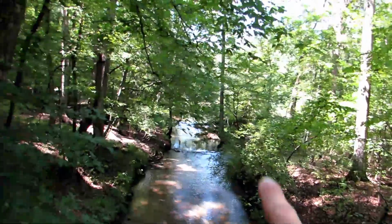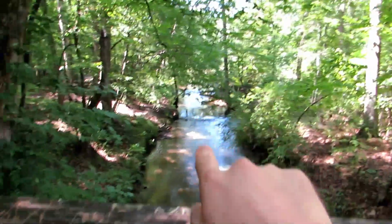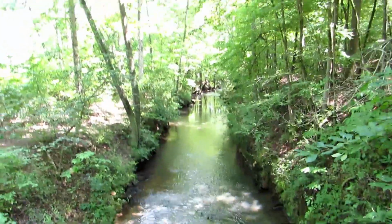This is where they get water from the river here to the mill. They would dam it up, dig a diversion channel, which is what this is, have the water flow alongside down to the mill. And as you guys just saw,